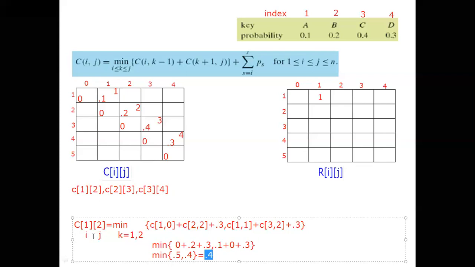Now, which value I should write? 1, 2. 1, 2, 0.4. Probability what you calculated, I write it 0.4. And this value I have to write superscript. Superscript is nothing but which K value I got 0.4. That is the value I should write. Which K value? 1, 2. Second value only 0.4. Which is the K value? It is 2. That means here for 1, 2, what I should write here as 0.4.